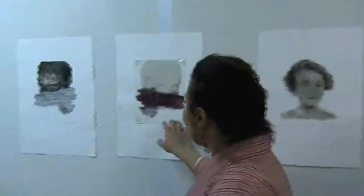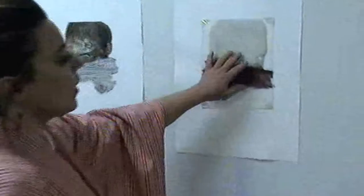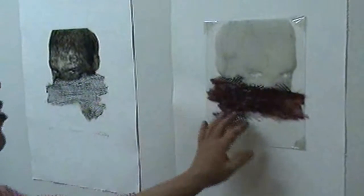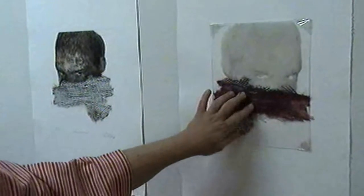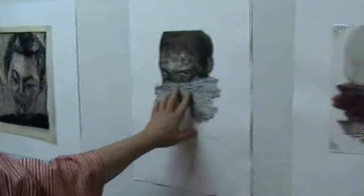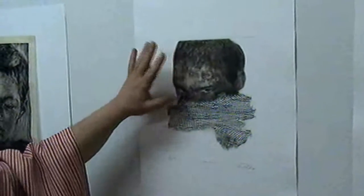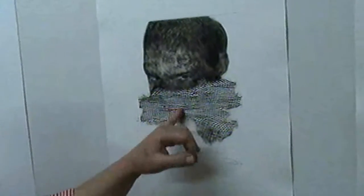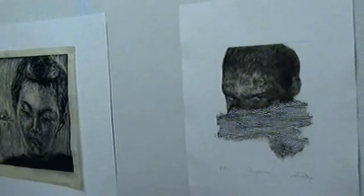And here I still use the dry point and acrylic, but I use this from the eggs. And so I was thinking, okay, if I'm using glue with this, maybe it could be nice. And this is the result. I printed the first part like it was in taglio, and the second part just with roll. Otherwise the whole will become very dark. So all this part of my work, they are much more experimental technique, very healthy, because you don't need to